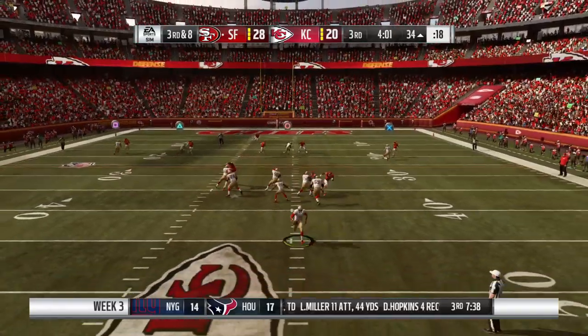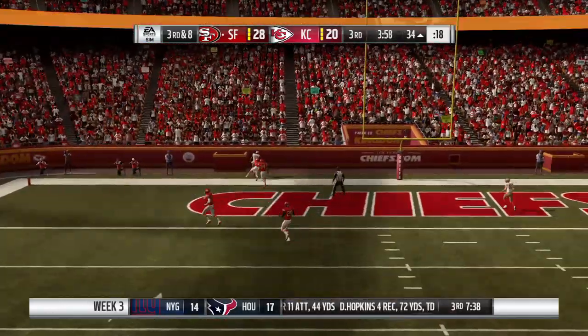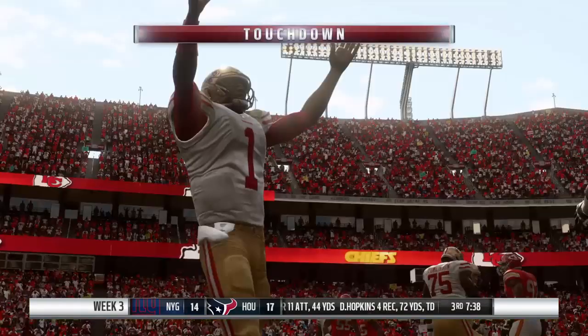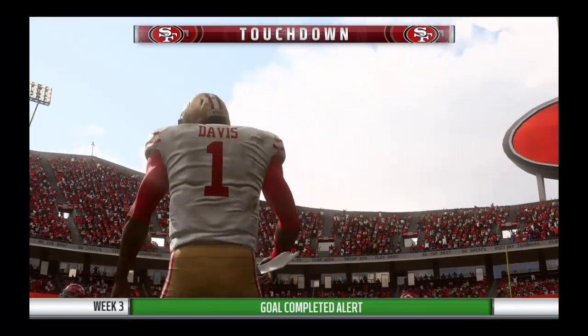On play action, they'll throw. Now he's going to throw it deep to the other side of the field. For the former Washington Husky, Dante Pettis, touchdown number 1 in his career. And the Niners are able to...